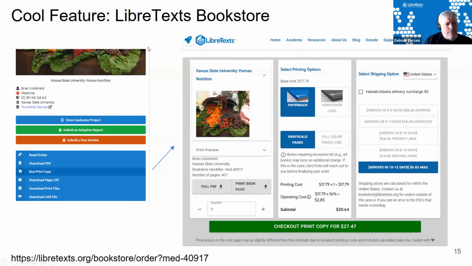So this is the bookstore that I alluded to a few minutes ago. When the book is published, we have a range of export options. And like I mentioned, you have the ability to purchase the textbook. This is the purchasing aspect. Again, most of the cost is the printer costs or the shipping costs. We have a little bit of cost for handling administration to make sure that we can keep the servers up and ensure that people have access to it. But this is way below cost. We're actually taking a hit for that, but that's because we care about mission over money. And we have a range of different bookstores and even campuses that focus on incarcerated student education and other things that use these bookstores quite aggressively.